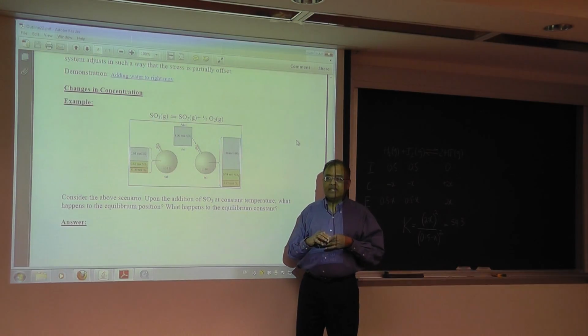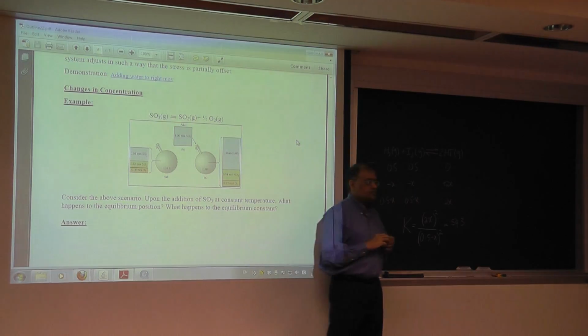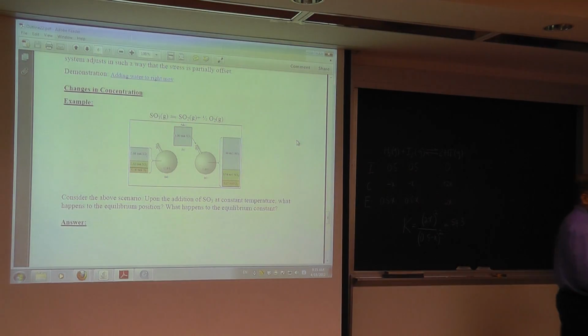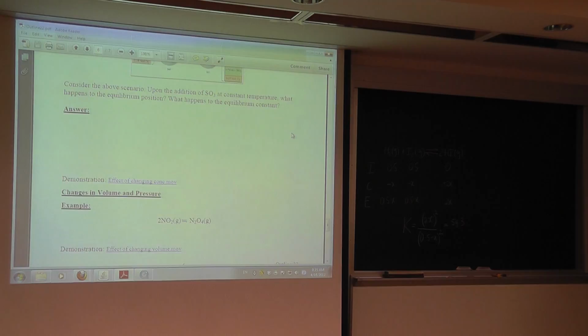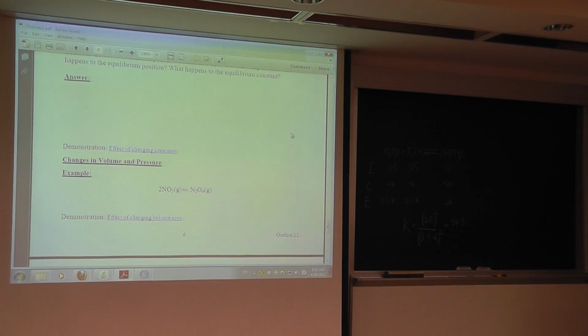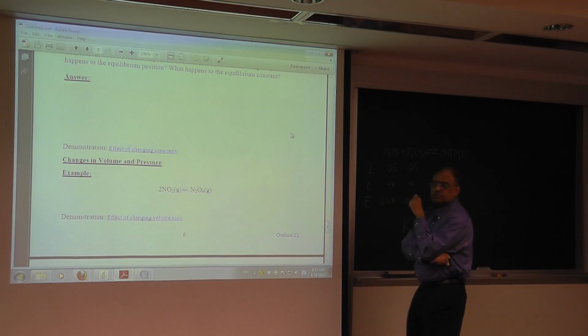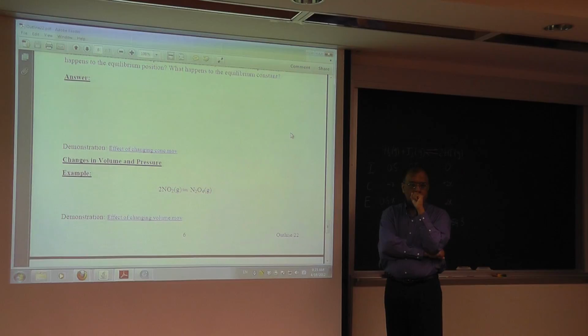Can you talk to your neighbor, please? Well, obviously the equilibrium will shift, but whether it goes to reaction to product, so this